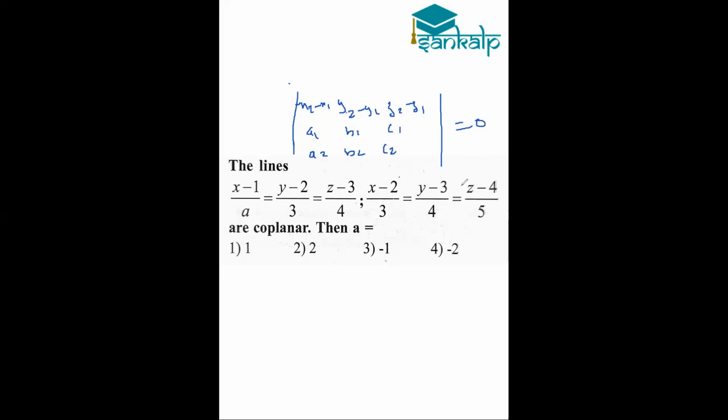So here we need to simplify it. On simplifying, we get,